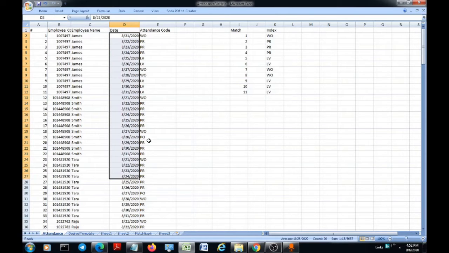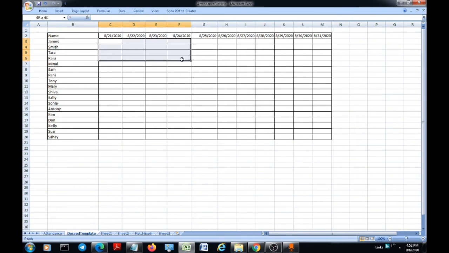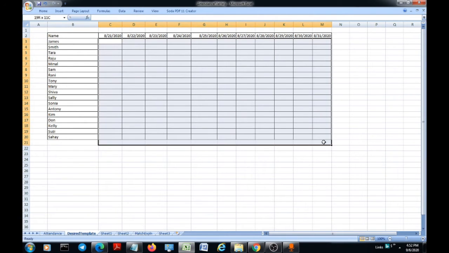So basically what I want to explain is how we are going to represent this data, presented vertically, in the horizontal section as shown here. That is the intent, and the tools for accomplishing this task are the INDEX and the MATCH functions.